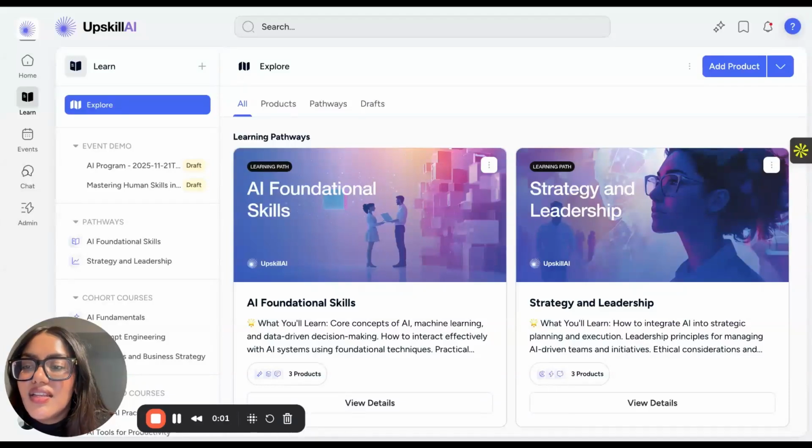Hi everyone, Arthi here from Team Disco, and today I'll be walking you through our AI curriculum generator. To generate a course with AI, you can navigate to any of the areas in the platform where you can